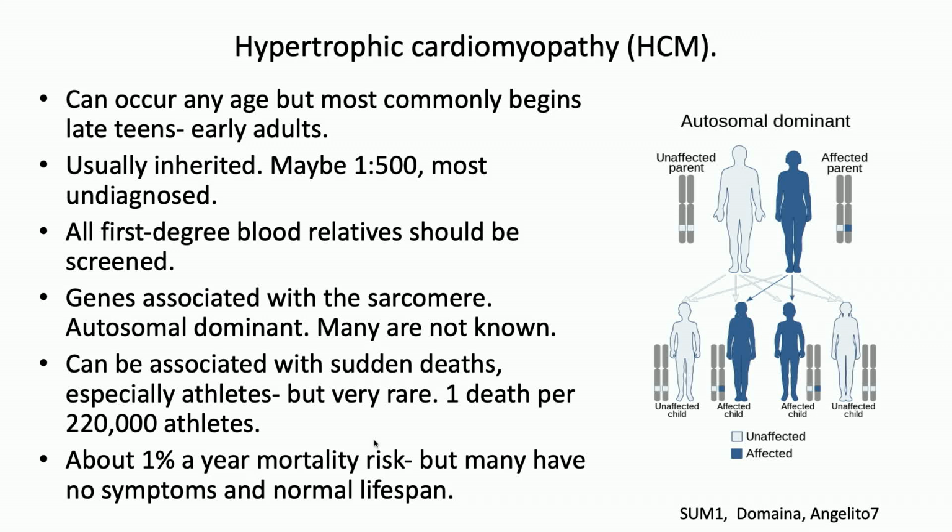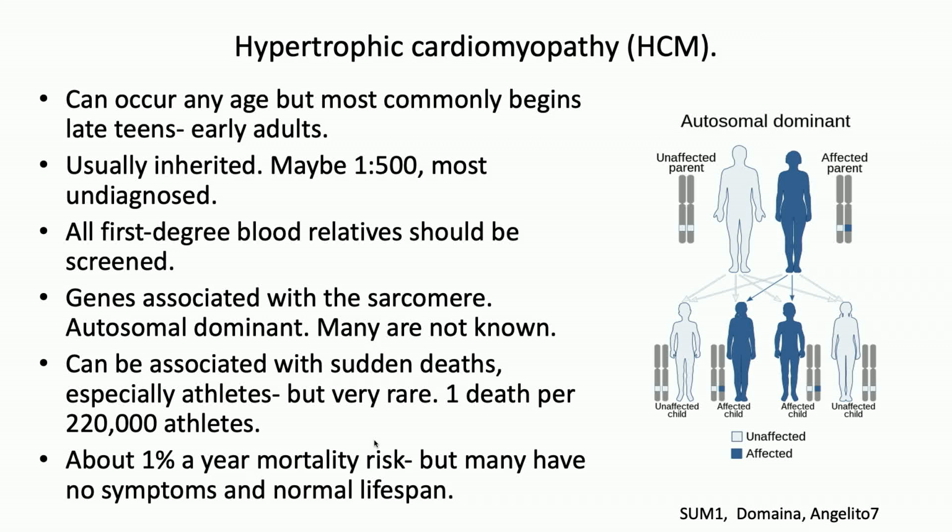So we now move on to hypertrophic cardiomyopathy, where the heart muscle is very thick. It can occur at any age, but it commonly begins in late teens or early adulthood in terms of people at least noticing symptoms, and it's usually inherited. The number of people who inherit some degree of hypertrophic cardiomyopathy but it's not diagnosed is probably significant. Maybe up to 1 in 500 people have this. But for some people, this is a much more serious problem and causes them